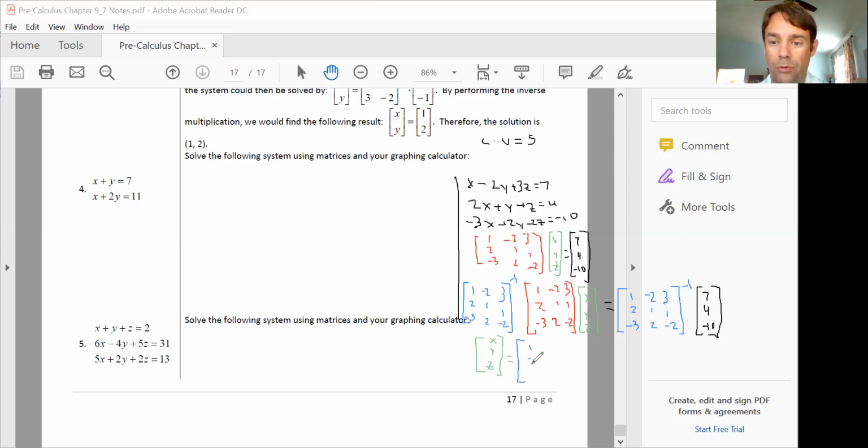So 1, 2, -3, -2, 1, and 2, 3, 1, and -2. So now, friends, this is what I'm going to plug in my calculator. I'm going to plug in these two matrices, and I'm going to multiply them together